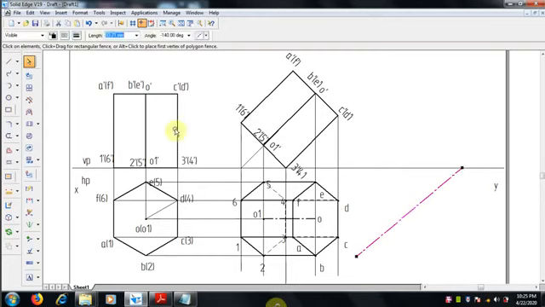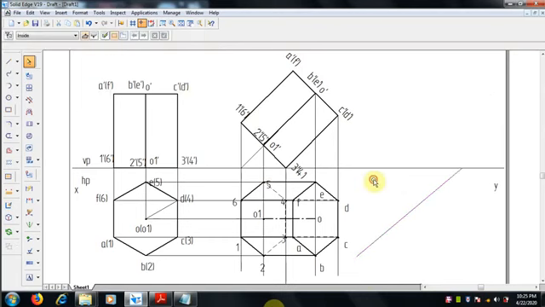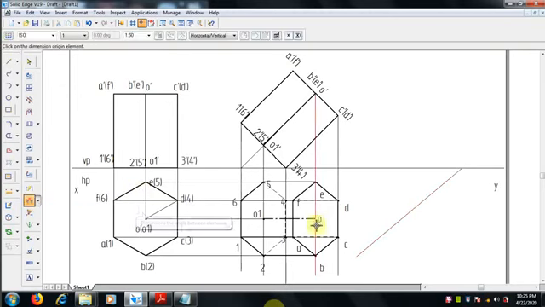Select, it should be thin continuous 0.13 mm line. Okay, this is what given. Angle to VP, and check the dimension angle, 40 degree with VP is there.